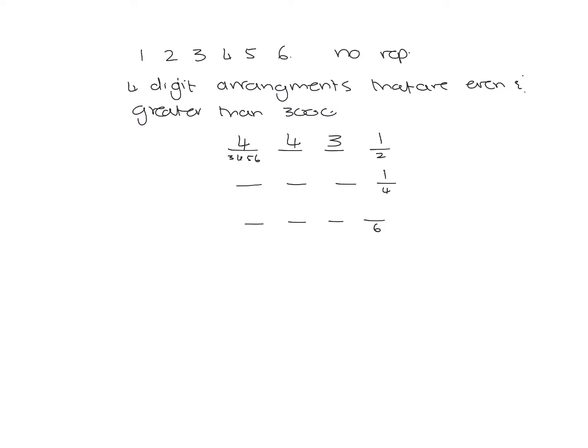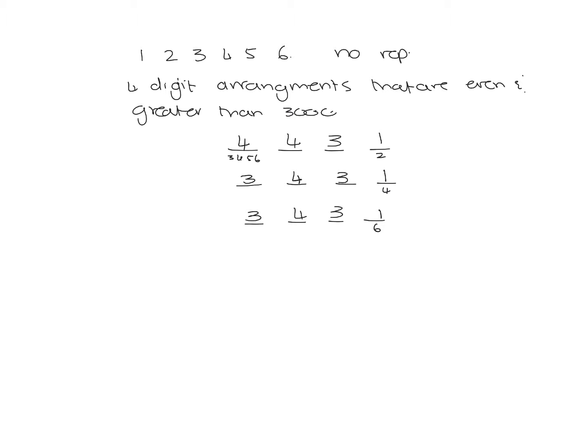If I end with a 4, I've got 1 choice. But now remember, the 4 is gone, so I can only then start with a 3, 5, or 6. So there's 3 choices here. Then still left with 4 numbers and 3 numbers. And if I end with a 6, there's 1 choice. Now remember, that can't be started with, so we've only got 3 options there, or 3 choices there, and 4